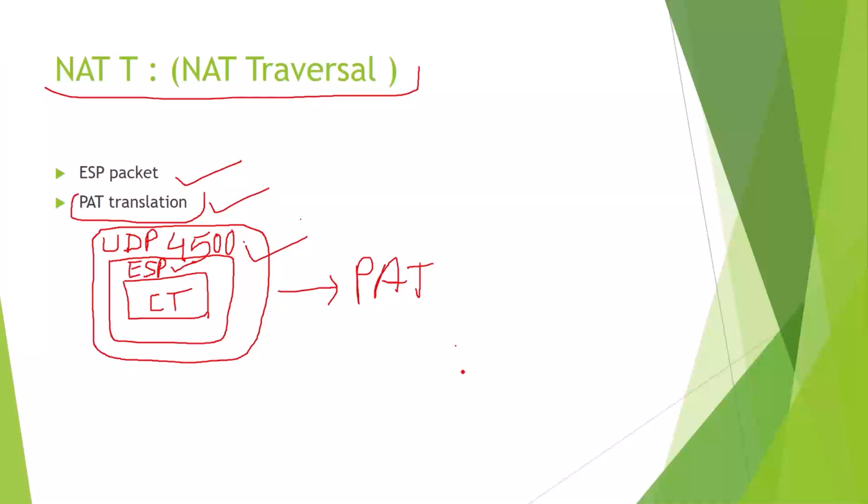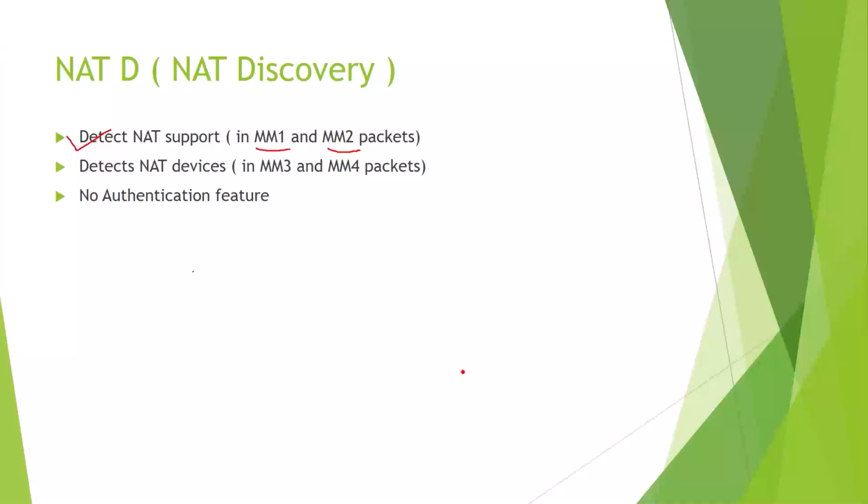Now we will move on to the next concept, called NAT discovery. NAT discovery is a less known topic. NAT discovery has two phases. First, detect whether there is NAT-D support or not. That means it would first check whether both parties working together support NAT traversal or not. Obviously, in order to move further, those parties should have NAT traversal support. Otherwise, there is no sense moving forward when they are not even capable of doing it. So this first part checks for NAT traversal support.